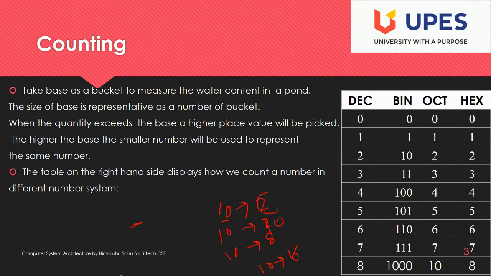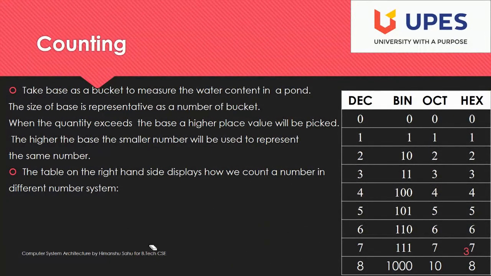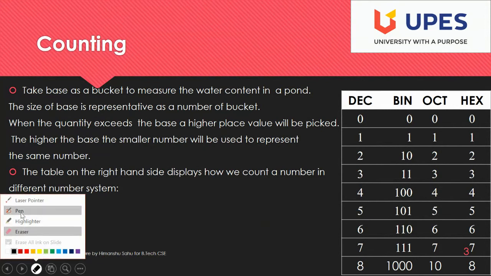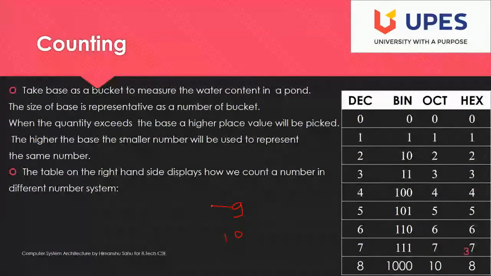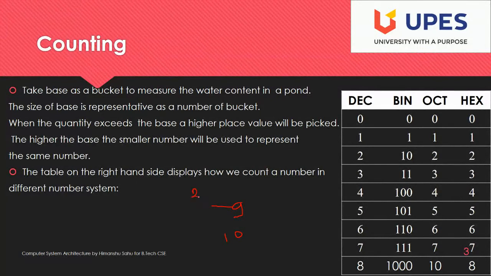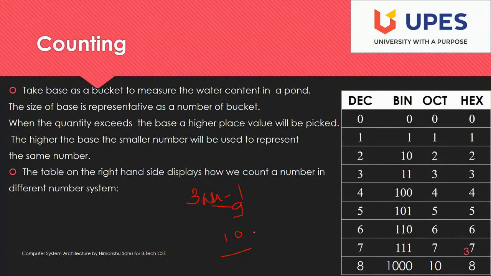Like अगर हम decimal की बात करें, so what do we have? We have 9. So 9 is the maximum represented symbol. If 9 is the maximum value that can be represented with one digit, then 1 0 will always represent the base. The reason is that this will always be base minus 1, and adding 1 will obviously give the base, and in all number systems this value will be 1 0. Like for 10, 8, 16, anything like that will always be represented like this only.